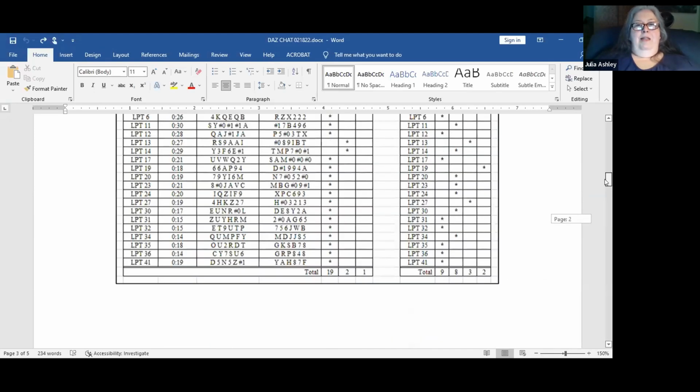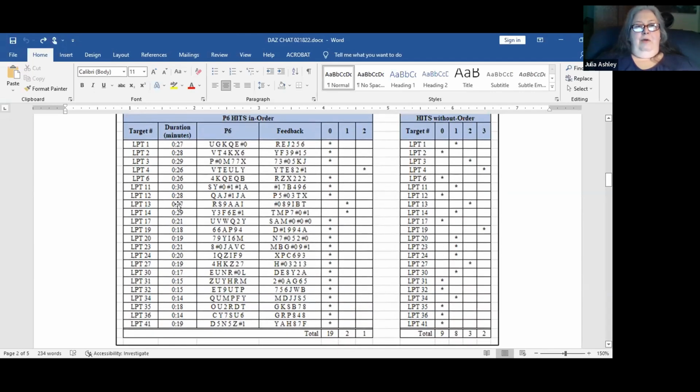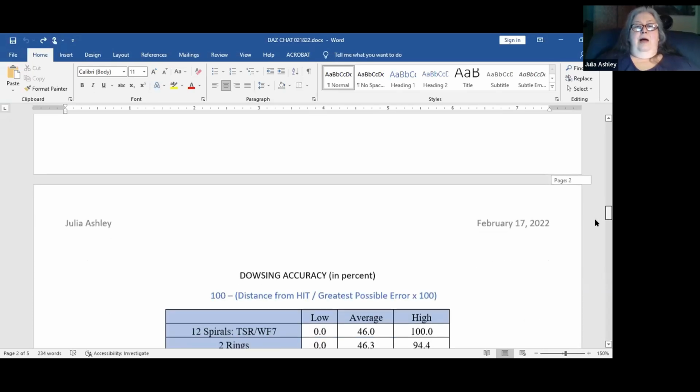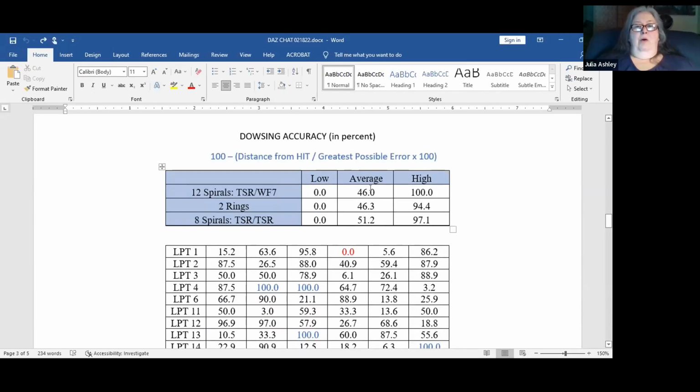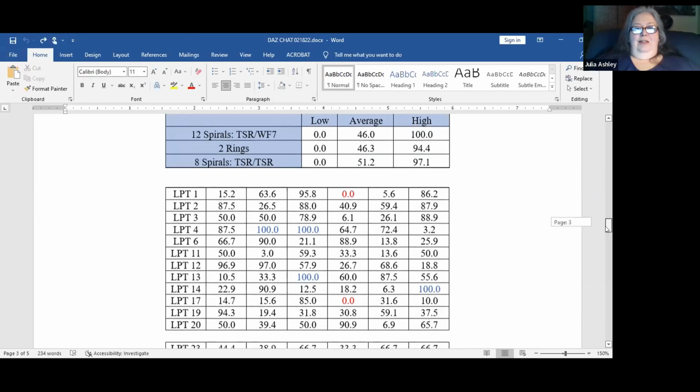But you compare that back to this chart where you can see, out of my first, up to license plate 14, I didn't have a single hit in order. So it looks like there's a decline here. And even if you look at the ones out of order, I had less success toward the end of the experiment than in the front. And I thought maybe that was just a natural decline. So I was really curious about why I had an increase in accuracy when I had a decrease in hits. So if I could get the help of a statistician to take a closer look at this, I would love it.